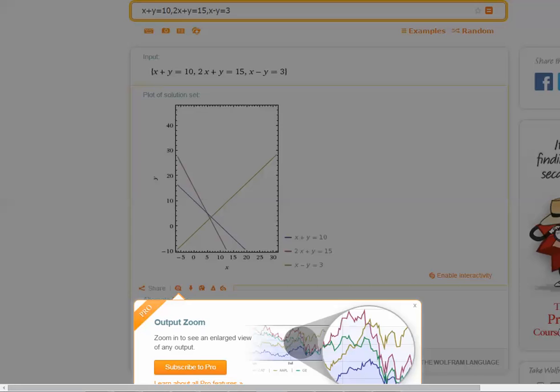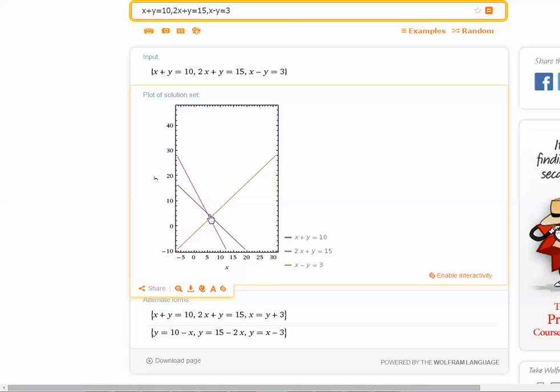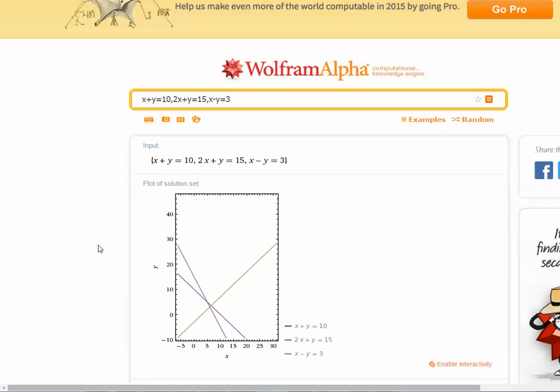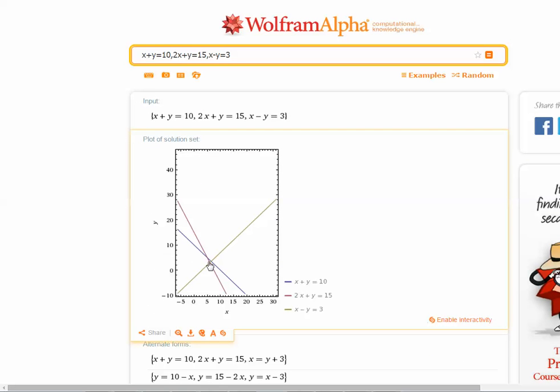But you notice that if you look very carefully at this graph, that intersection point doesn't exist for all three. In other words, the purple line, 2x plus y equals 15, intersects with x minus y equals 3, but not simultaneously with x plus y equals 10. So it really forms a little triangle there in the center, and there's no common intersection point among the three equations. Well, it should make sense because the second you throw in, pretend like that purple line wasn't there. Well, the blue and the gold line produce an intersection point, but the second you throw in a third line,